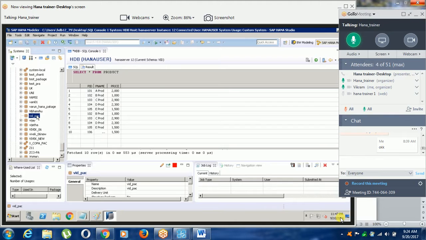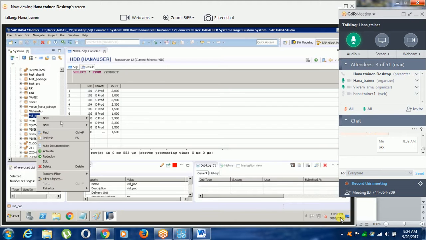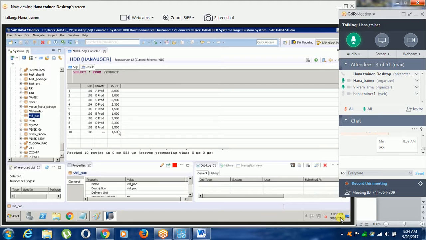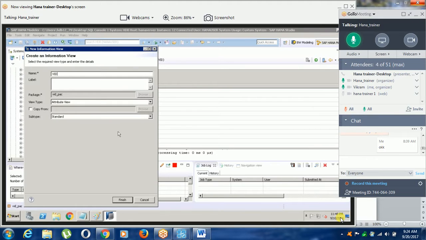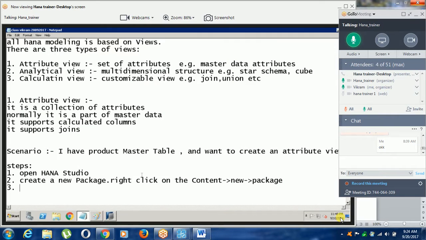Just right click on your package, new, attribute view. Specify name, label, and finish.